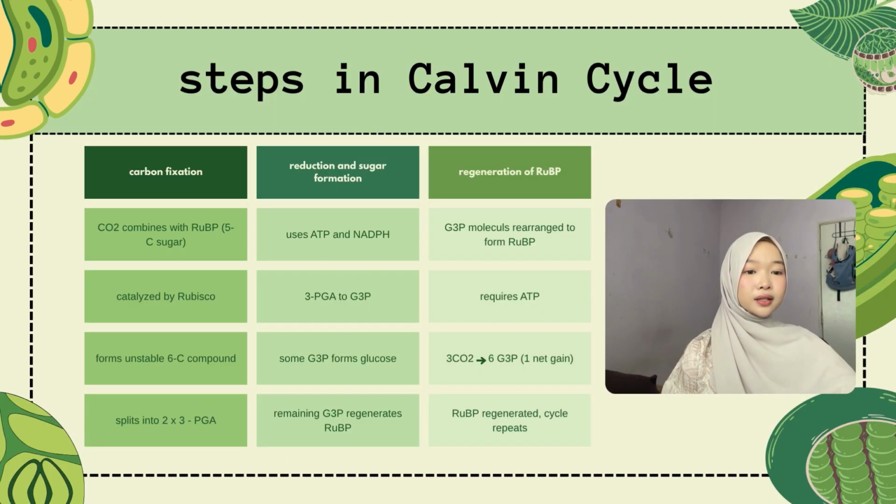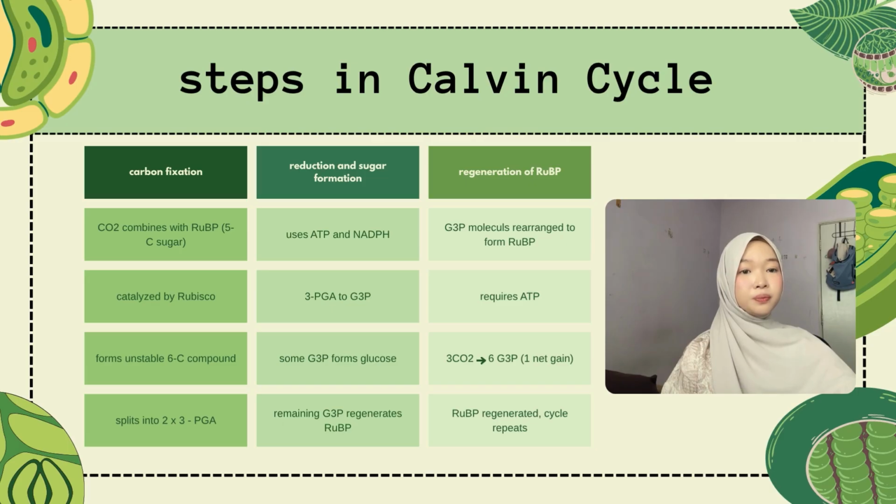The Calvin cycle consists of three main stages: carbon fixation, reduction, and regeneration. In carbon fixation, carbon dioxide combines with a 5-carbon molecule called RuBP. This reaction is catalyzed by an enzyme called Rubisco and forms an unstable compound that quickly splits into 2